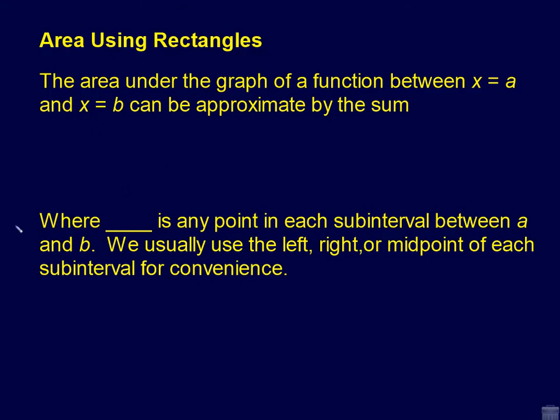And so now we'll just fill it in on our definition screen here, that the area under the graph of a function between x equals a and x equals b is approximately found by this expression here. The sum of all the n rectangles, each one has the height measured at some point along the graph of the function, and each one has a width delta x. We could subscript these delta x's, and they could all be different each time. However, in the examples today, all the delta x's will be the same,